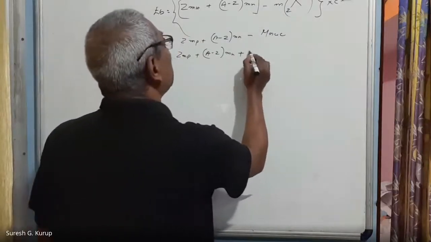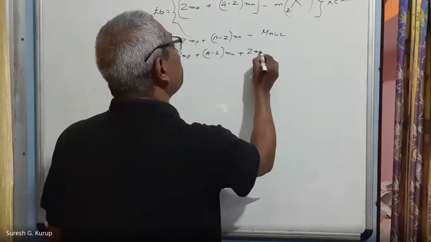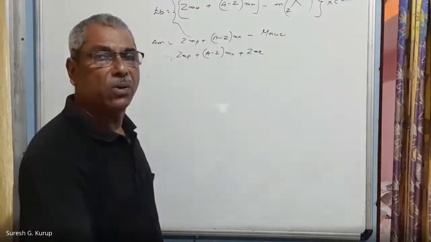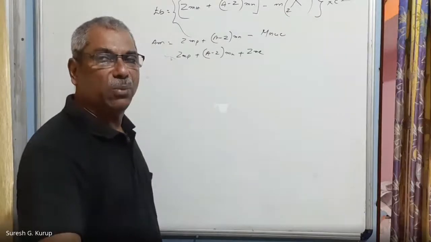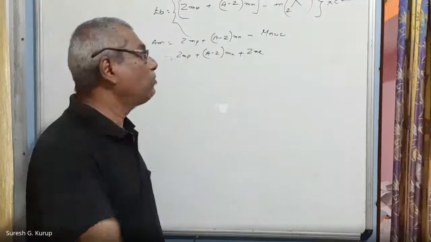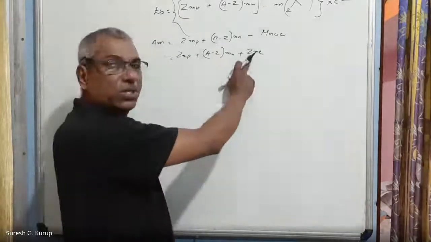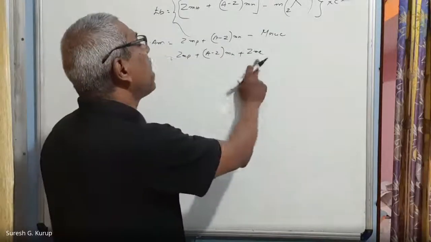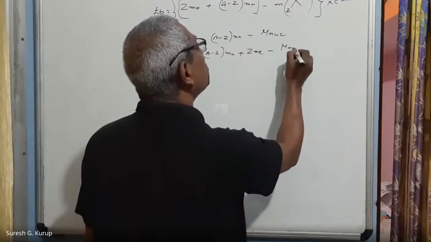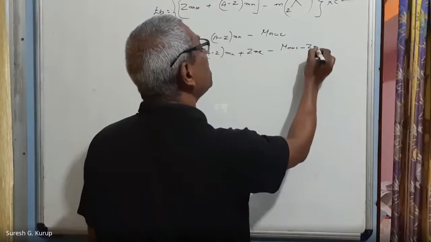plus ZME. ZME means as many as protons are there, same number of electrons are there, right? Number of protons equal Z. Therefore, number of electrons is also Z. Therefore, mass of the entire number of electrons is Z into Me, right? Here this is added. Then we will subtract it from this one. Again, MNUC minus ZME,